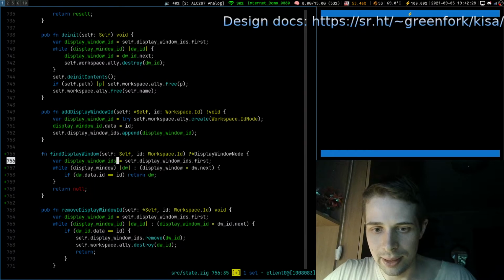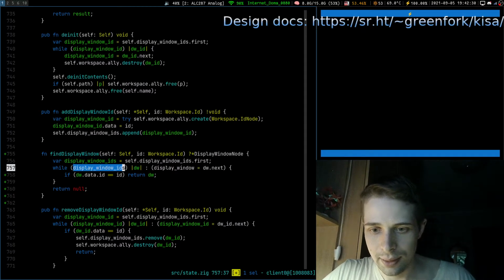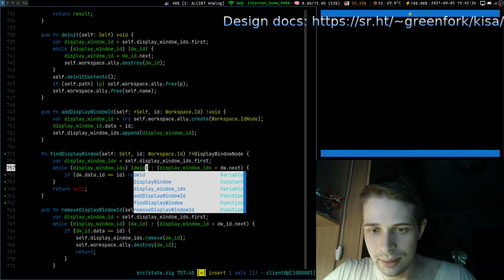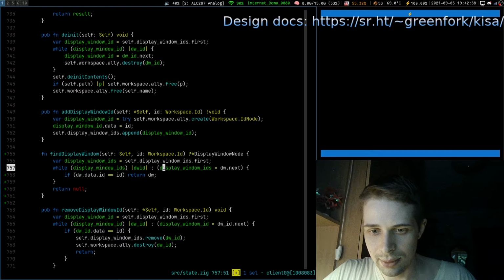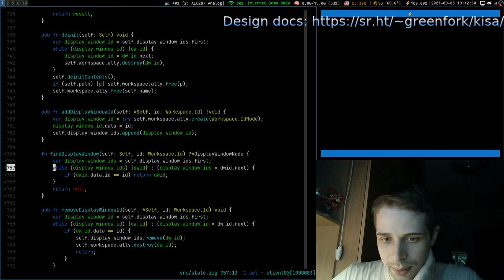Display window IDs, right? And we say that display window ID, DWID, and here DWID ID. Yeah, so we go display window IDs, tell display window IDs first, right?